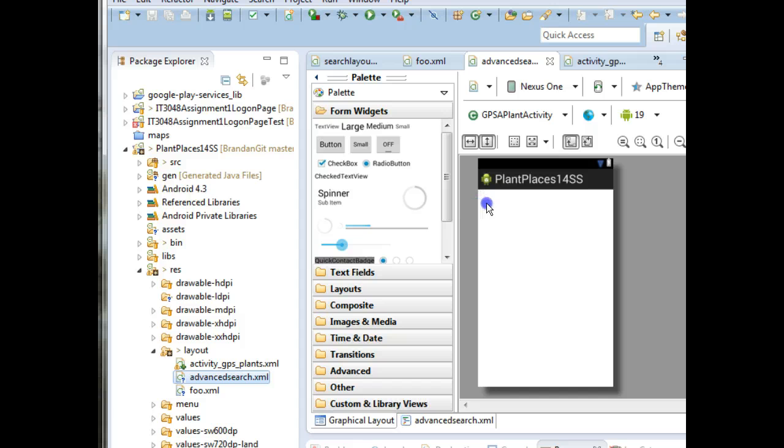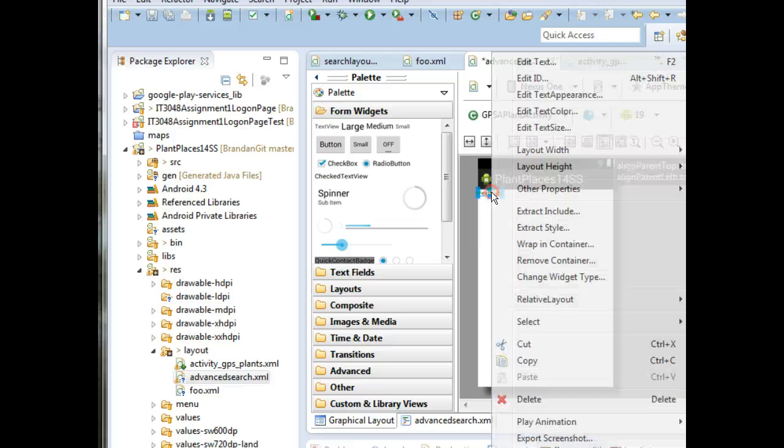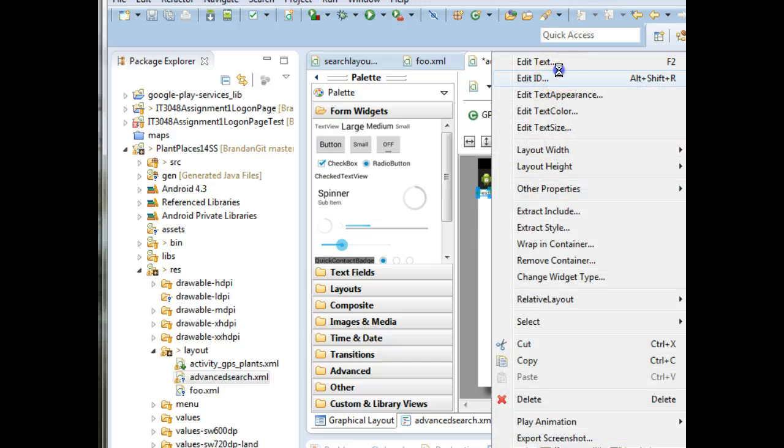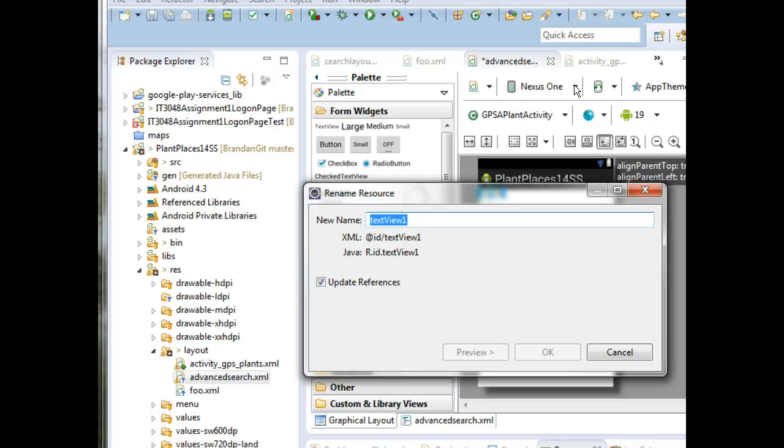I'm going to grab a text view, drag and drop it. And again, a text view is a label. It's text that will not be edited. Okay, we'll line top. I'm going to right click and say edit ID. Remember, that's always the first thing we want to do. LBL plant name. Okay, and we don't want to say genus, species, or common name. We just want to say name. We want this to be an open name that the user can choose any part of any name, genus, species,